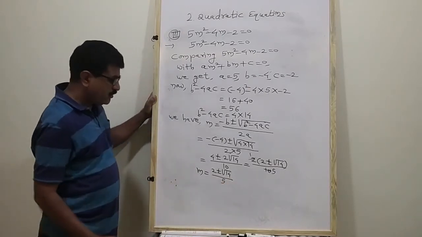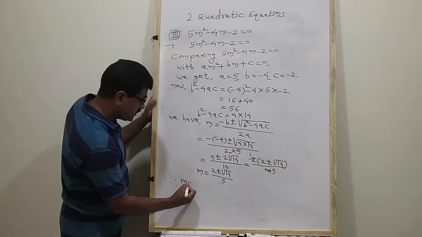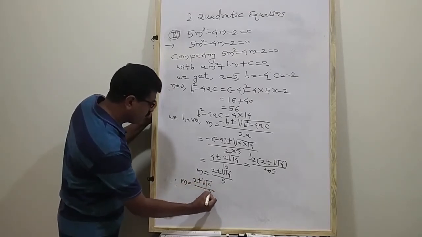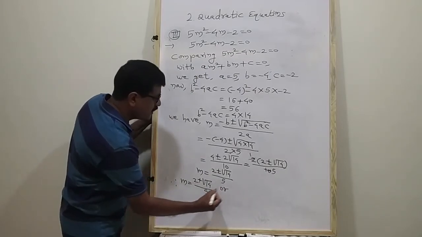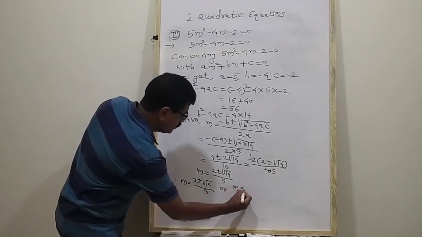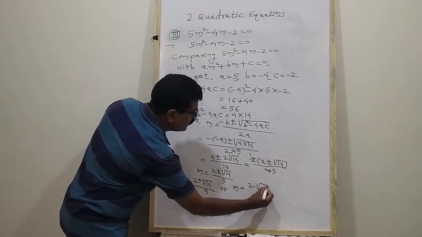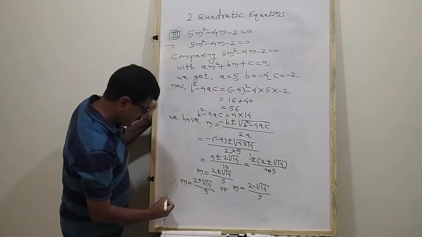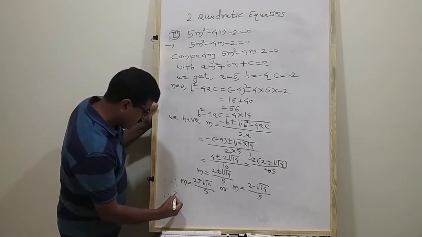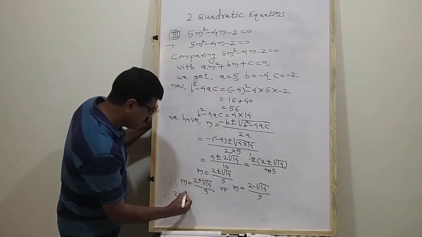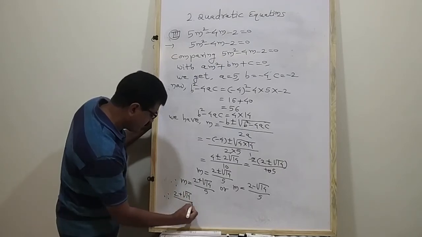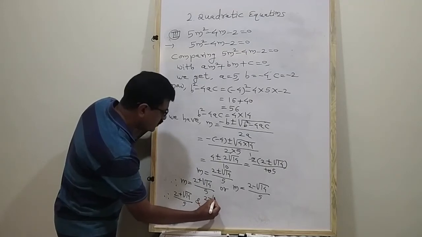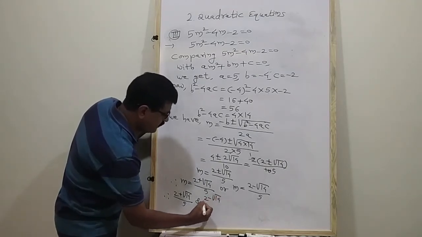Therefore values of m are m is equal to 2 plus square root 14 divided by 5, or m is equal to 2 minus square root 14 divided by 5. Therefore write down answer: 2 plus square root 14 divided by 5 and 2 minus square root 14 divided by 5